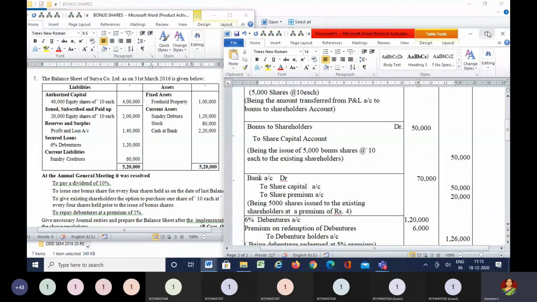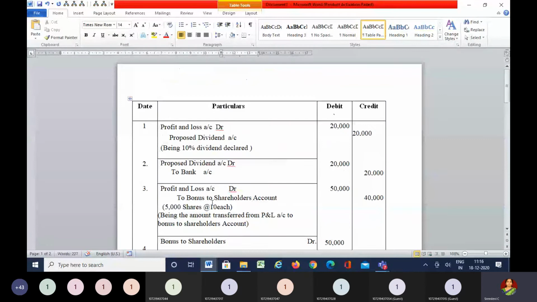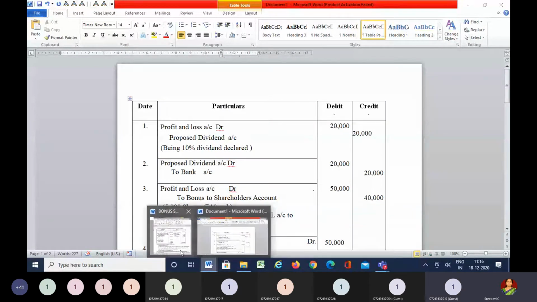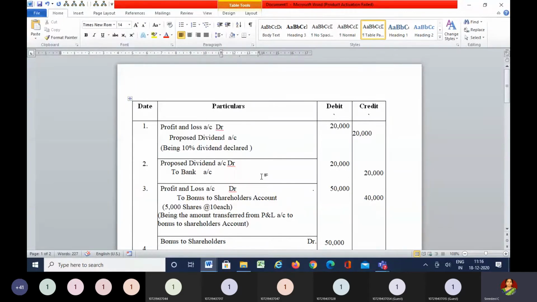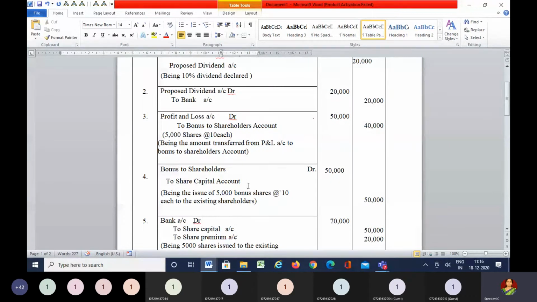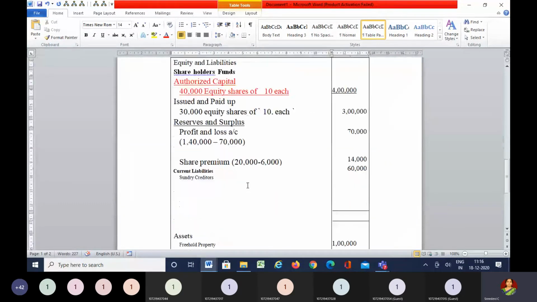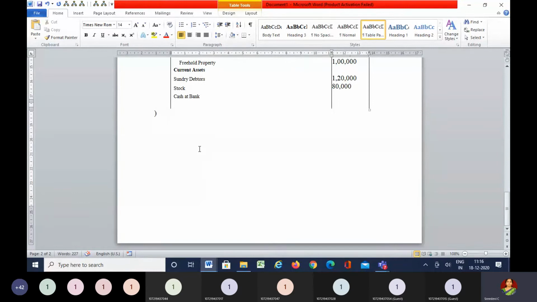Anyone? Okay, I will just show you for this case journal entries. Yes, it will change, because what is the existing bank balance here? There is a bank balance of 2,20,000 rupees in the bank account. We made a payment of 20,000 rupees towards the proposed dividends. That is an outflow of cash, followed by an inflow of cash. So just try to prepare a ledger account for the same and find out the bank balance.